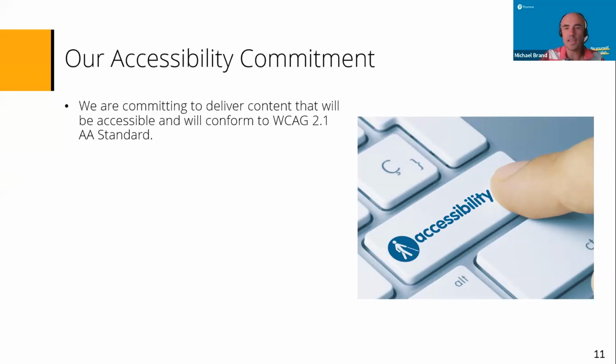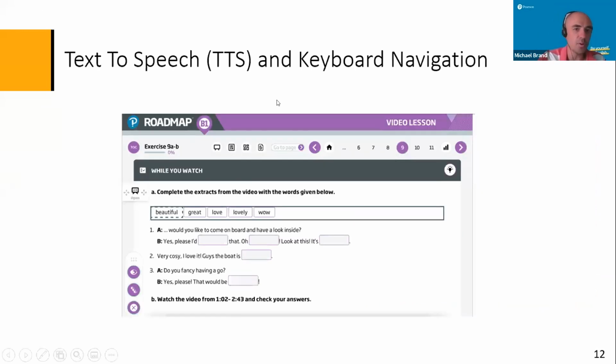And the idea is that if content creators and platform creators follow these guidelines, you will make the platform accessible to these people, but also more accessible to people in general, and more user-friendly, easier to use. Okay, so just to give you an example, there is text to speech. So that means you can navigate around with keyboard navigation. You can navigate around the page without a mouse, and you can have the system read out.